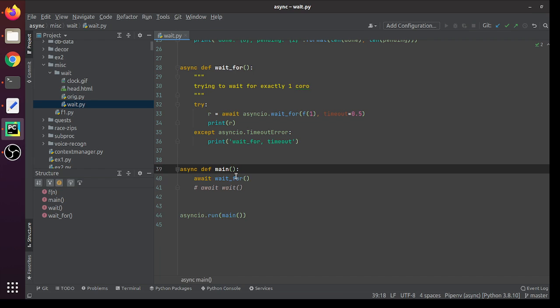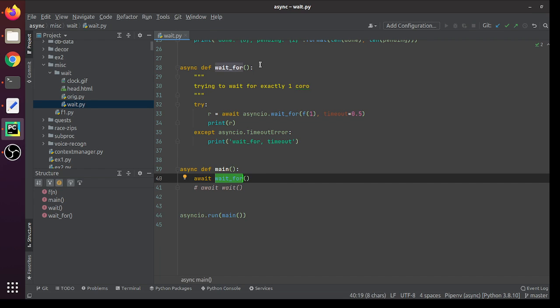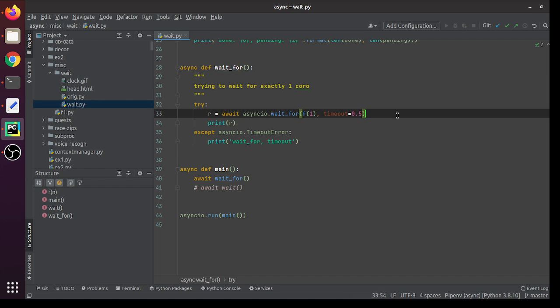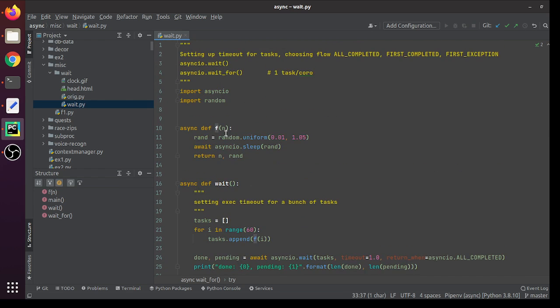Event loop initialized, and we have a function wait_for where we see the behavior of one coroutine f, which does basically nothing but sleep for a random time. In reality, it could be doing whatever. It could be doing any kind of request to a remote server or to the database or the file system in general. The only assumption we are making here is that we know its execution time,